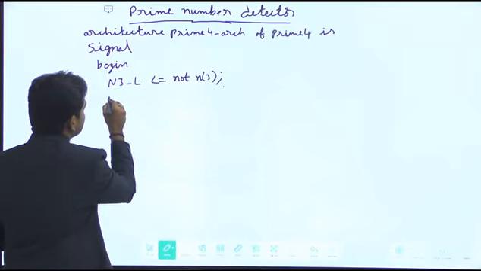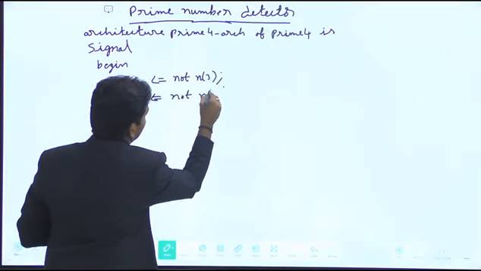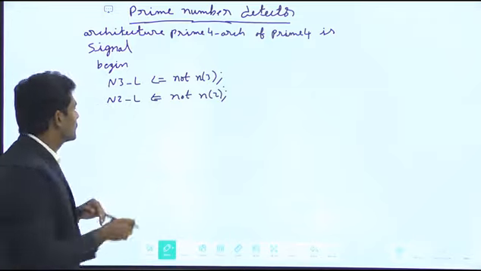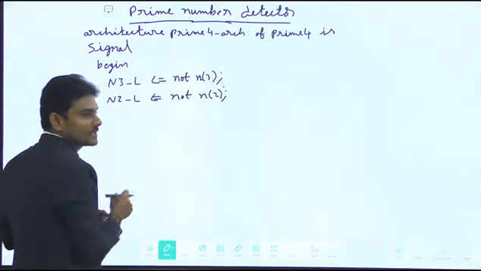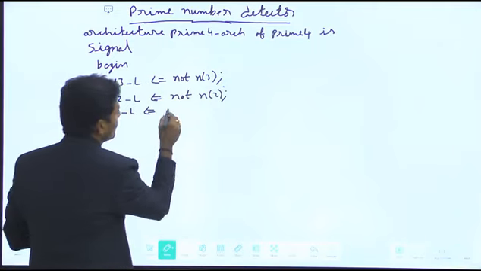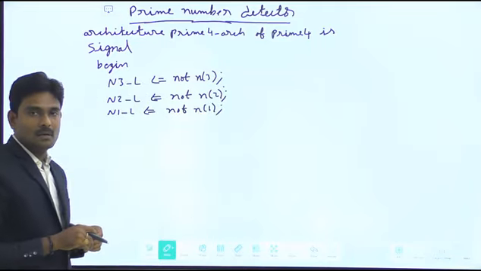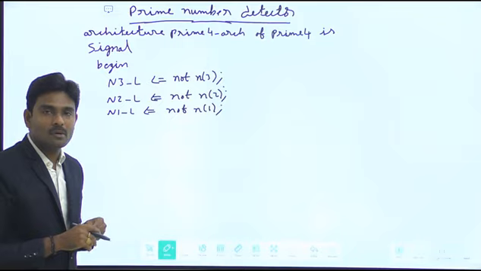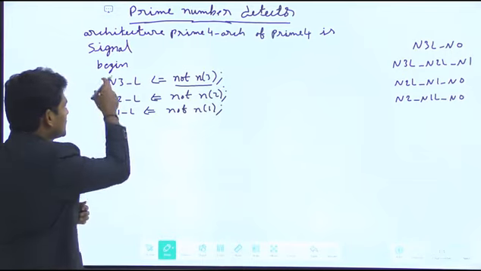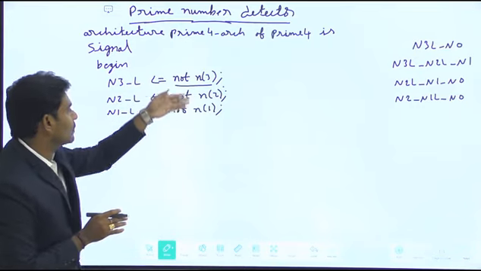And next one is N2_L is not N of 2. That is the second inverter output. Like that I mentioned, N2_L is the output name, and by performing the NOT operation on N2, you get it. Then N1_L less than or equals to NOT of N of 1. So these three statements are additional compared to the previous one. First I wrote the first level: N3_L, N2_L, N1_L. That is nothing but the NOT operation on the given inputs N1, N2, N3.